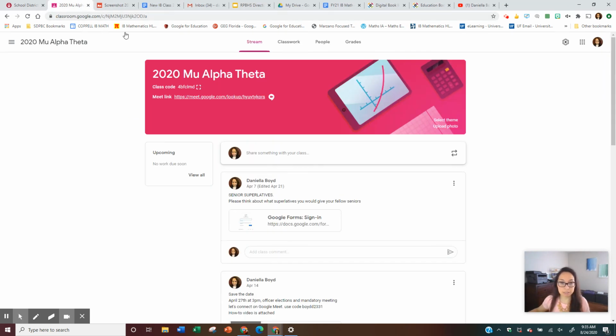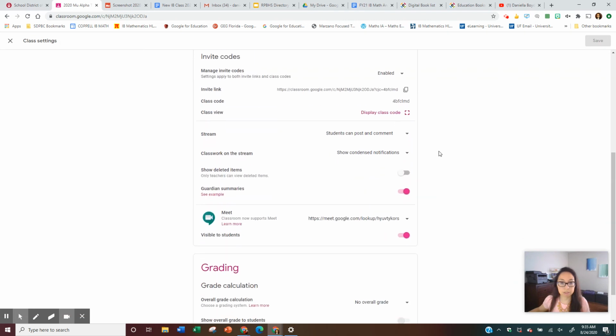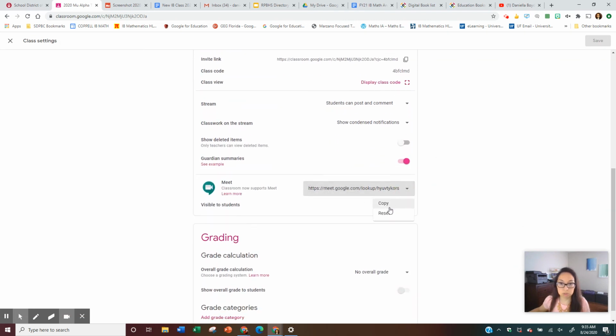Let's say you had an incident and you don't want to have this Google Meet code anymore. Another thing that you can do in the settings is you can choose to reset the Meet code. And then if someone sent out this link, they can't use it anymore because you have generated a new Meet code. And then, of course, you can either toggle it off or on,